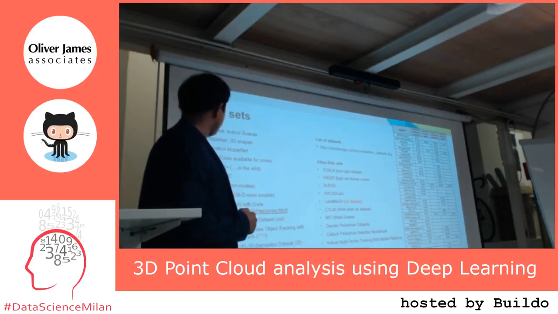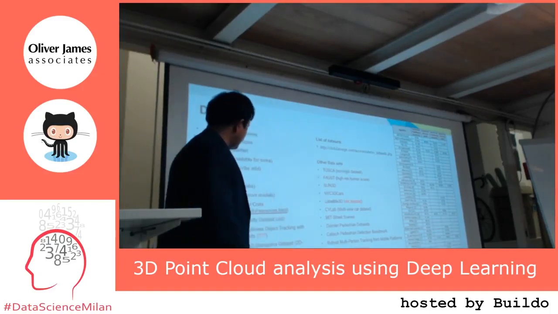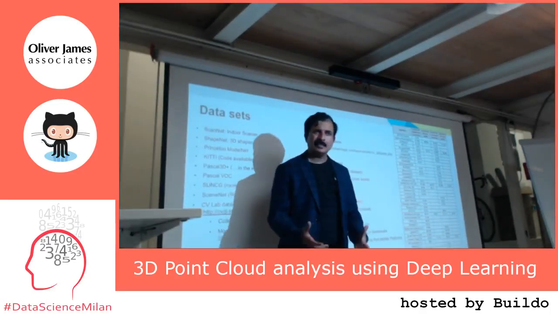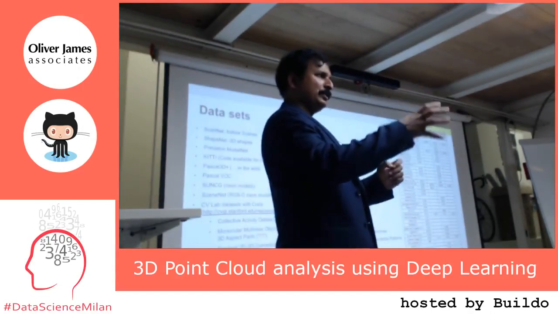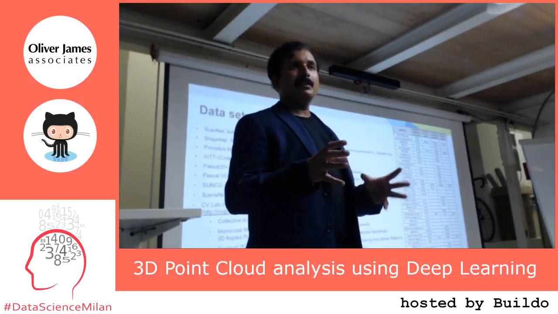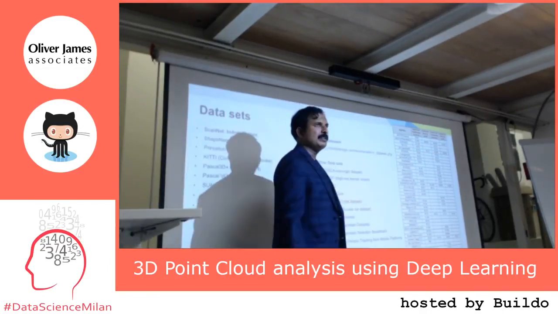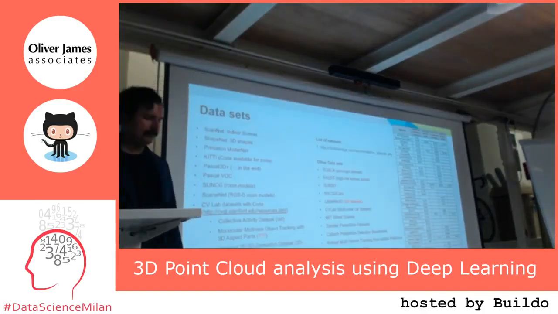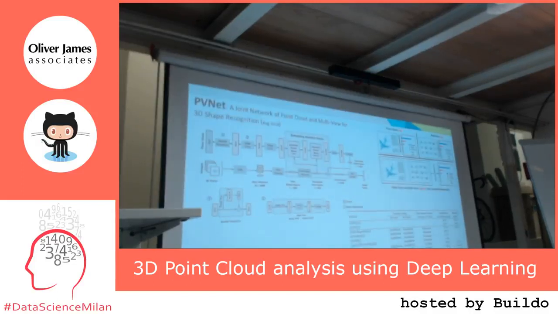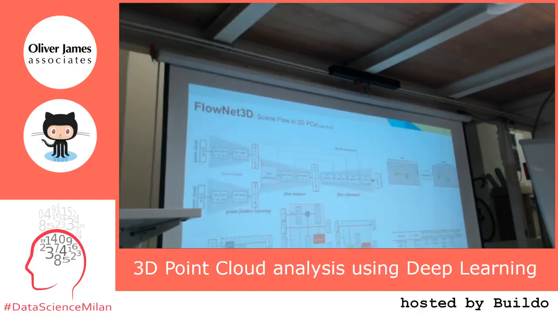If you want to work on any of these, but I'm not sure, some of the data sets I didn't like. For example, FlyingThings3D is a synthetic data set. Sometimes it's not useful if you're trying to use the model for real life situations, but if you are into designing of components, you can use this data set to train your model on and then use it for further inference. Let me pick a different model. I have a couple of models here to show the flow of action.